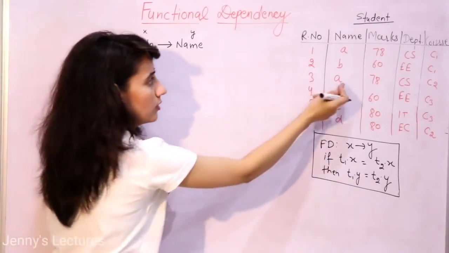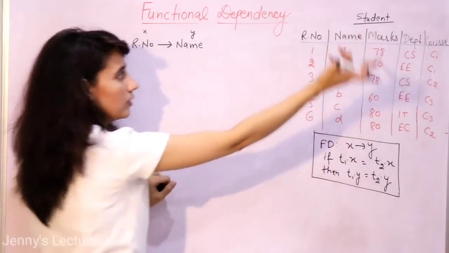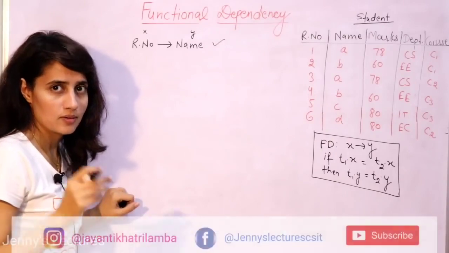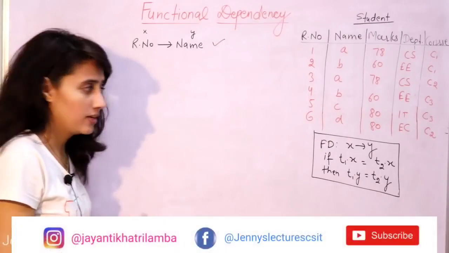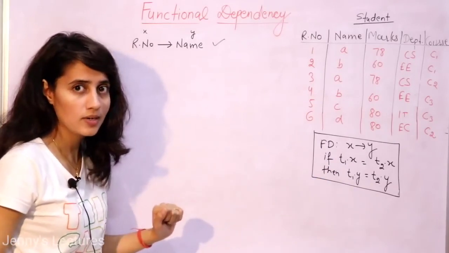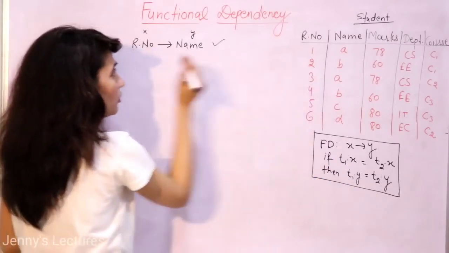So no need to check for y value, no need to check for name. I can say that definitely it is a functional dependency, right? If repetition is there, if this is the case, then only we will check this condition, right? Now suppose I am writing here